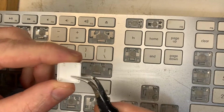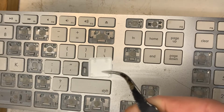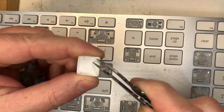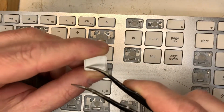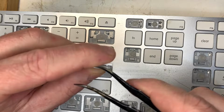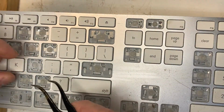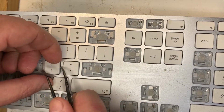We'll go over the basic procedure for removing keys on this kind of keyboard. You'll notice on the back of the key at the top is a push down clip. You just need to use a small amount of force to remove it and also to reinstall it. At the bottom is a hook. It hooks around 2 fingers on the lower part of the mechanism. You can simply pull up to remove the key, but I like to lever between the key and the mechanism